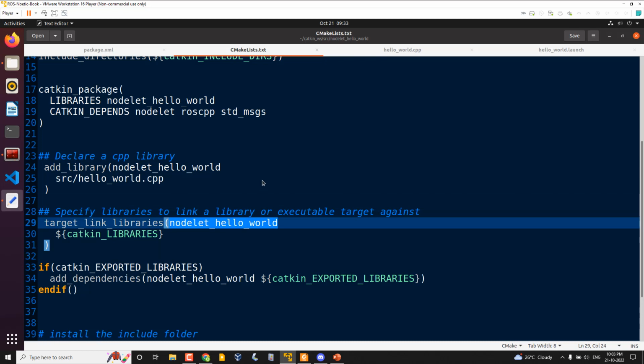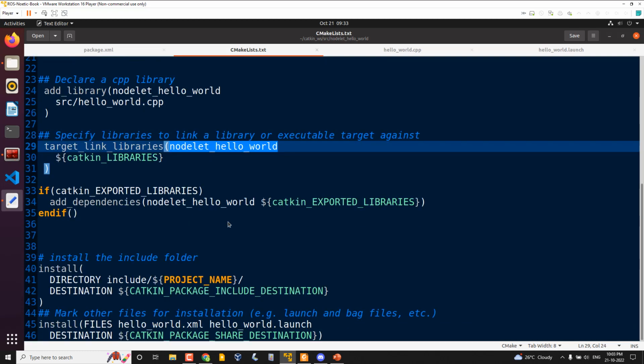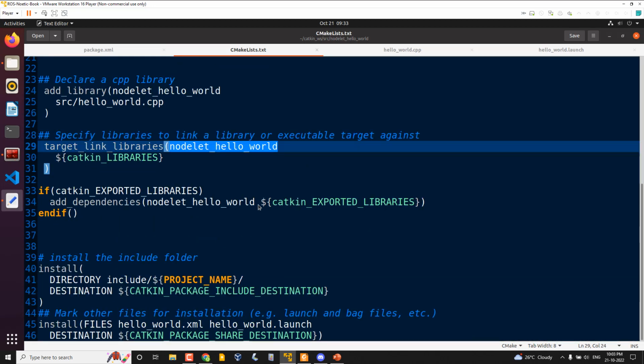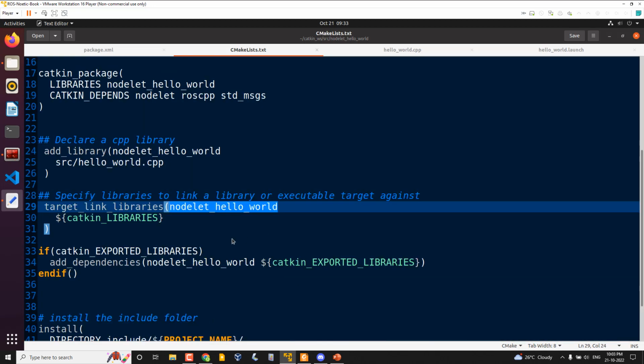That is the outcome or the output of the build. When you build it, you will get the library called nodelet_hello_world. Yeah, so you can install it if you want, otherwise you can simply build and use it. But the important stuff is here, like after building this library, what you have to do is